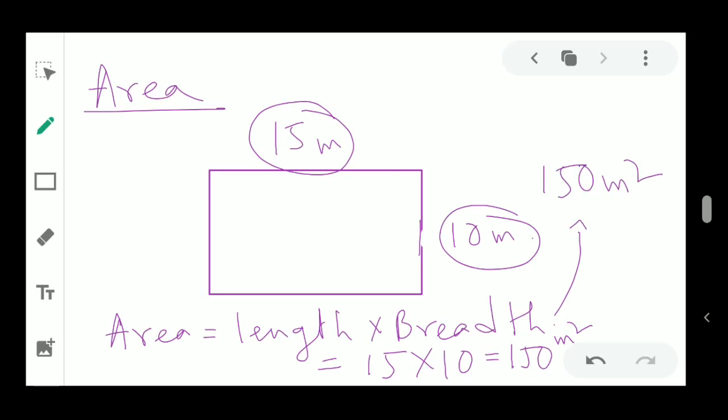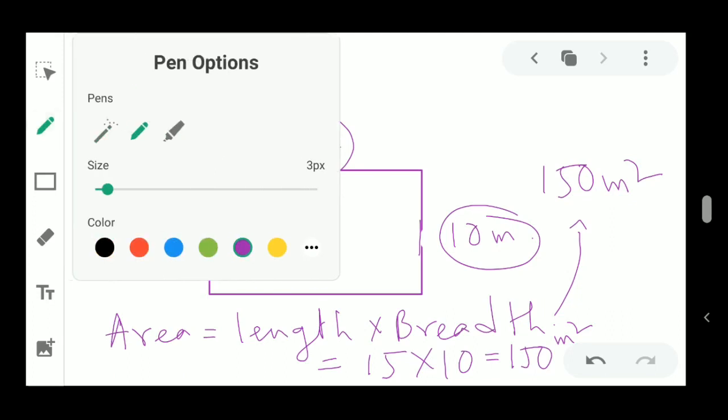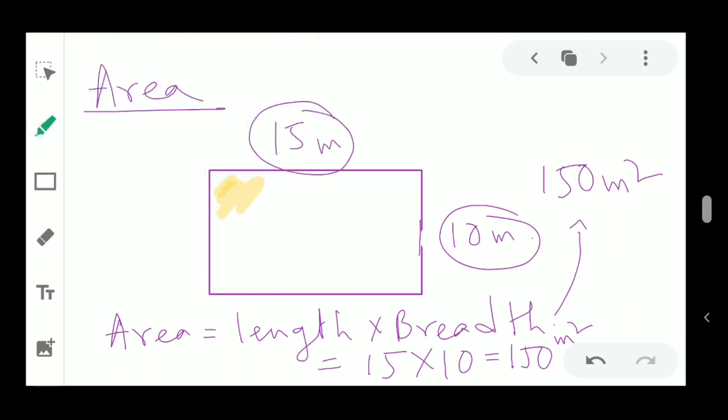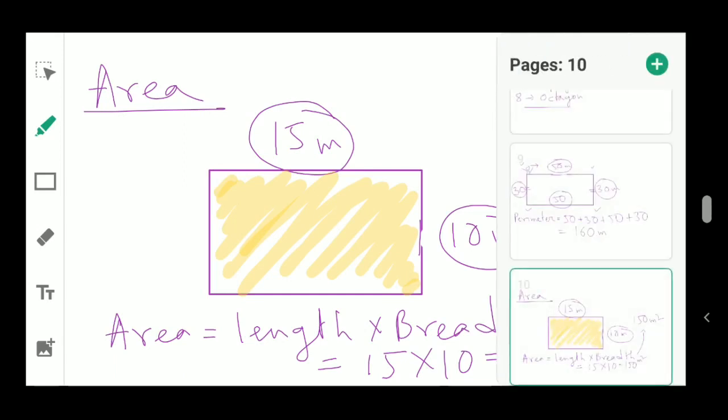So see, what is area actually? Area means the space inside. So area represents how much space is there inside. Okay, so more will be the area, that means more is the space, right? Okay, now